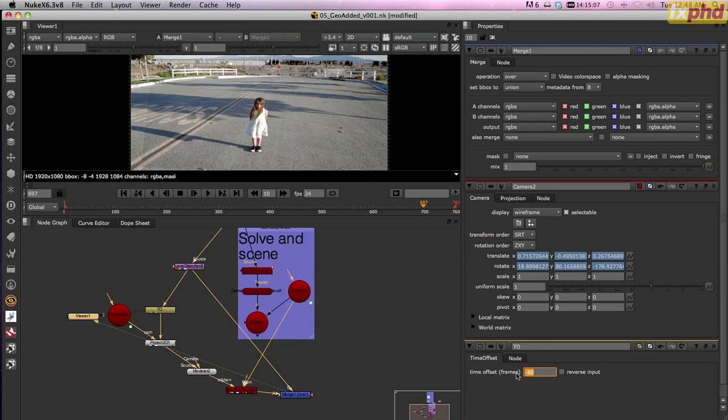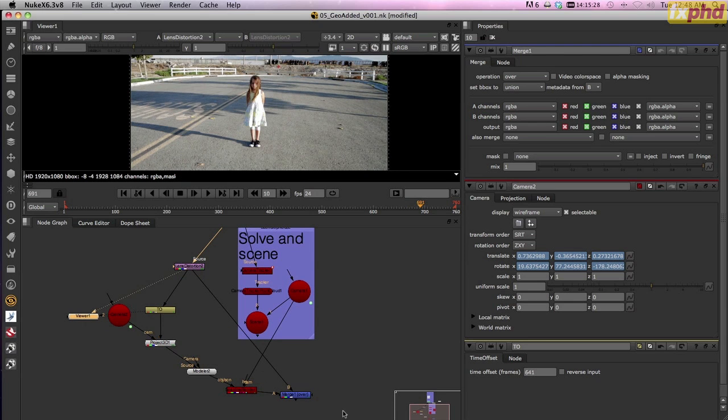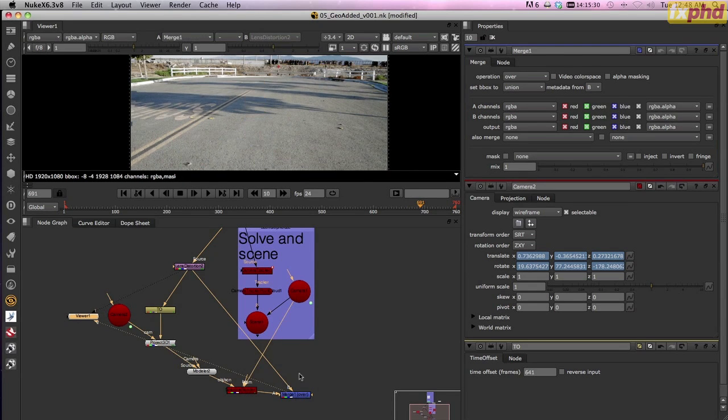So going into our time offset, 691 minus 50, 641. And this is what we get. We're getting the frame 50, or actually, I should be at 691 to prove that. Frame 691, frame 50 is replacing the ground. So this is the original shot, this is the replacement. Obviously it's not perfect and we'll have to do some matting, but we've basically done an entire ground replacement,